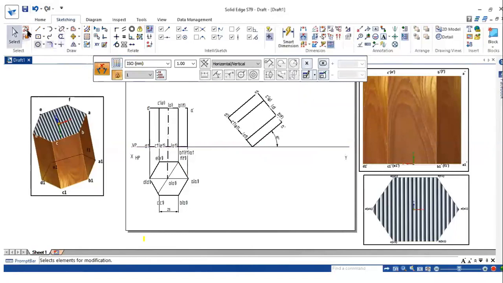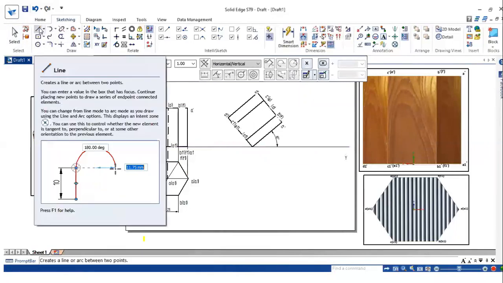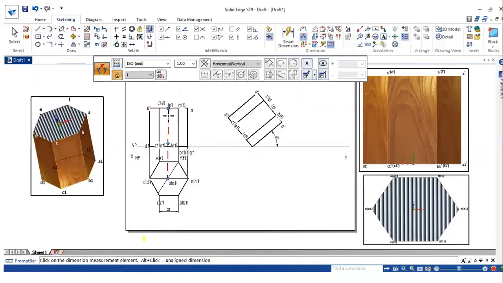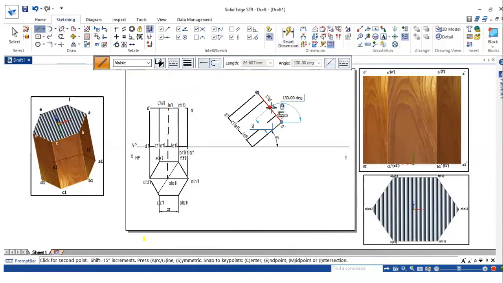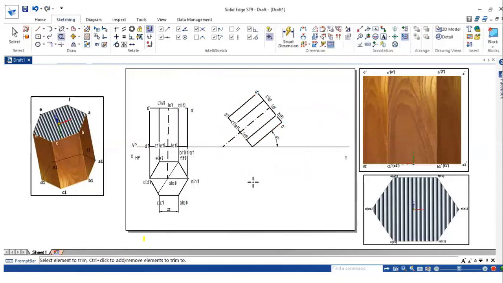So represent the axis line also. So from here it is 24.61. Axis.